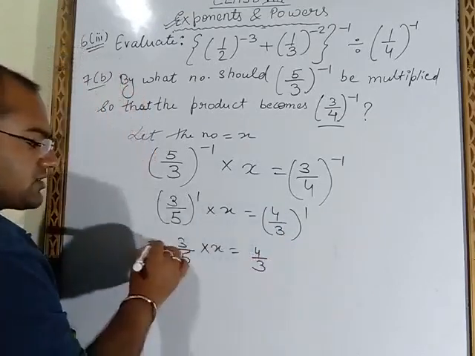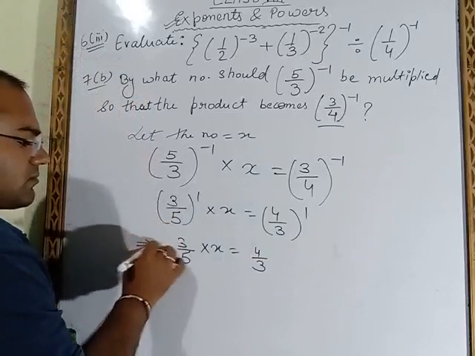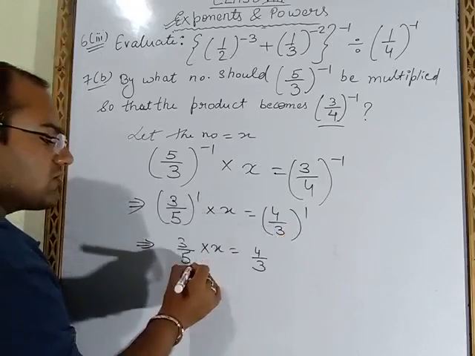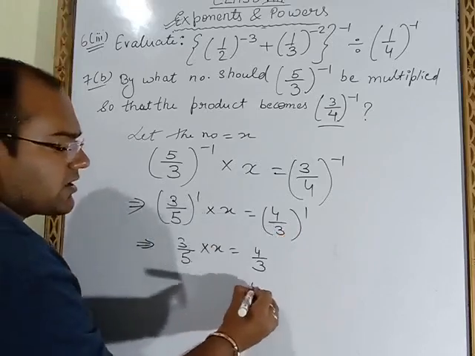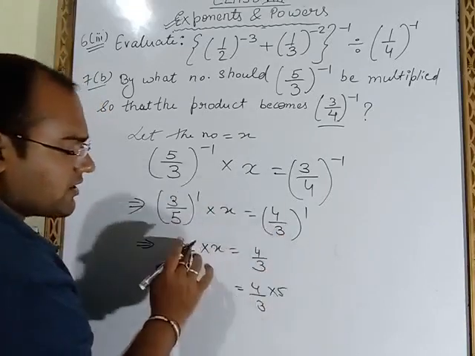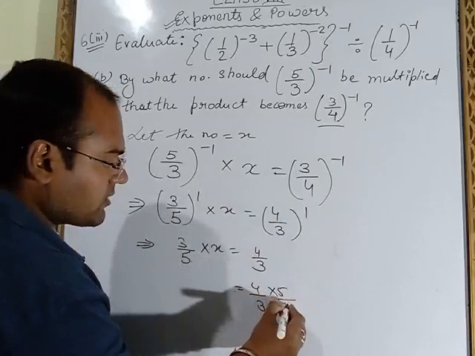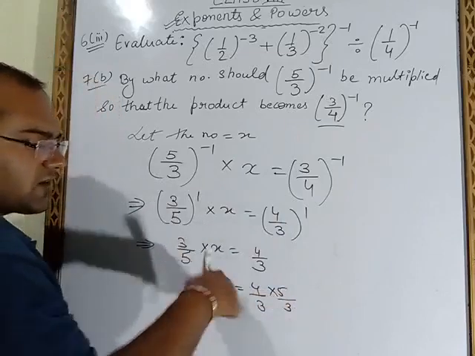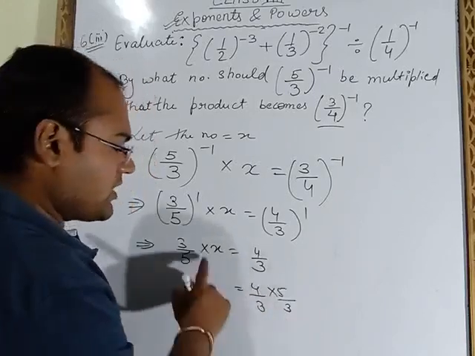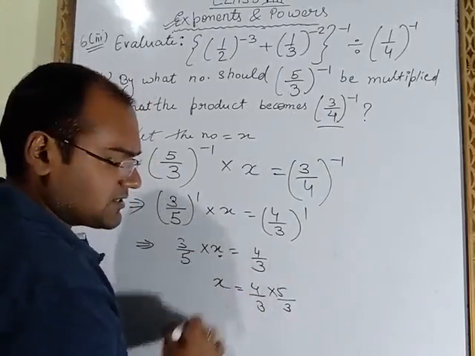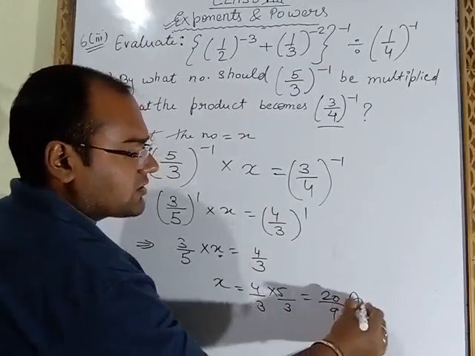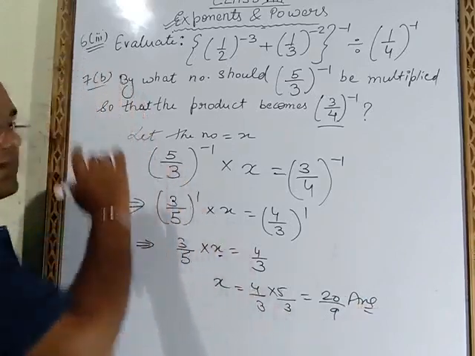Now next step will be this 5 is in divide, we will bring it on the right side, so this 5 will come here in the multiply, 4 upon 3 multiply 5. This 3 is in the numerator, when we bring it on the right side it is in multiply, now it will be in divide. So 3 upon 5 is written, when we take it on the right side, we have to write it as 5 upon 3. And what is the remaining term here? x is the remaining term. Now nothing will get cancelled, 5 fours are 20, 3 threes are 9. So this is your answer of question number 7.